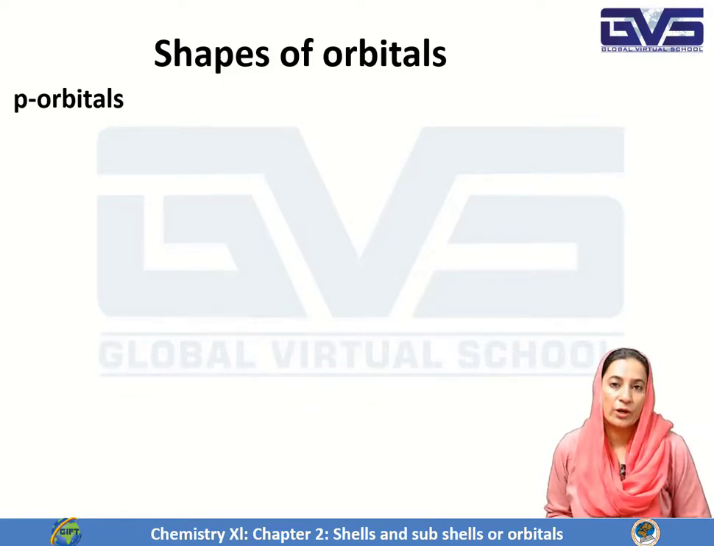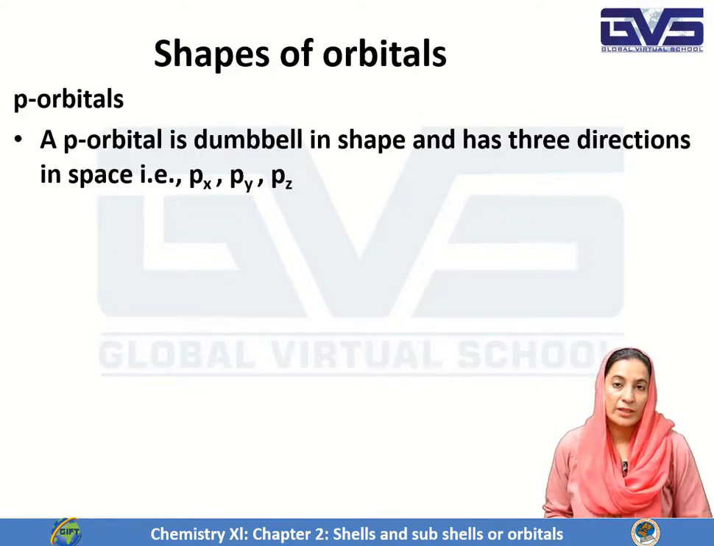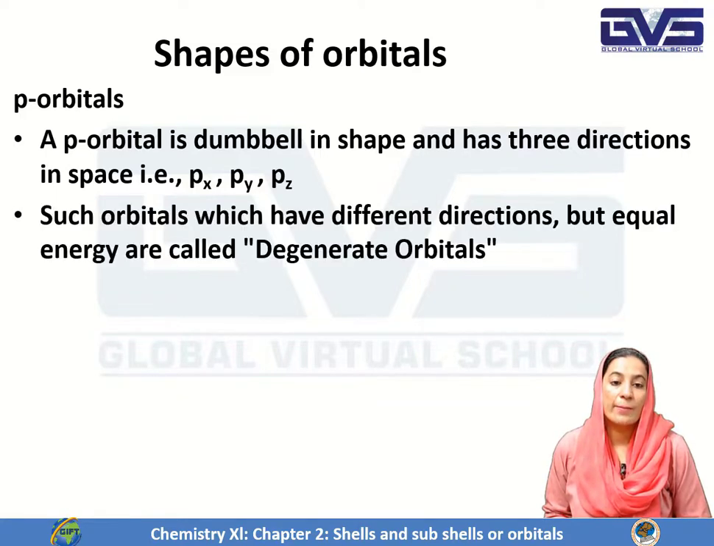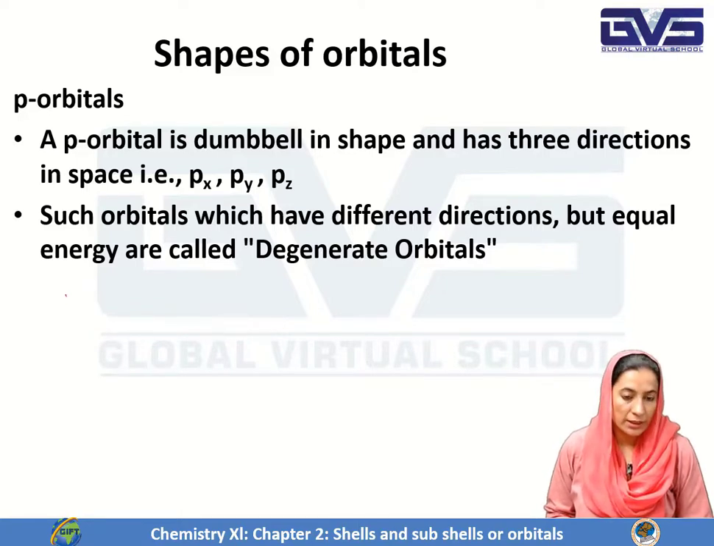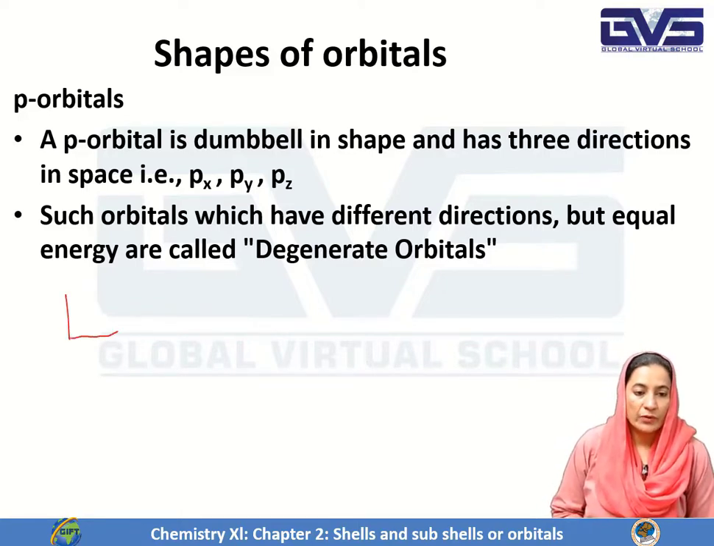Now come to the p orbitals. The p subshell has 3 p orbitals, that are px, py, and pz, and their orientation in space is on the x, y, and z axes, and they have a dumbbell shape. I will show you their orientation. Because they have the same energy level, they are called degenerate orbitals. Like px, first of all, students, you have to draw the axes,